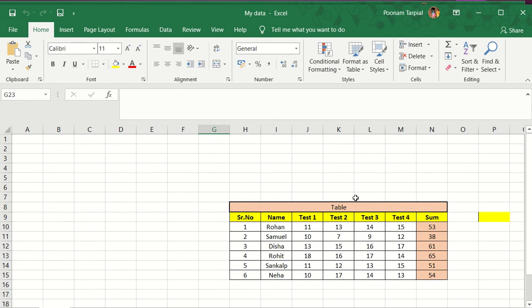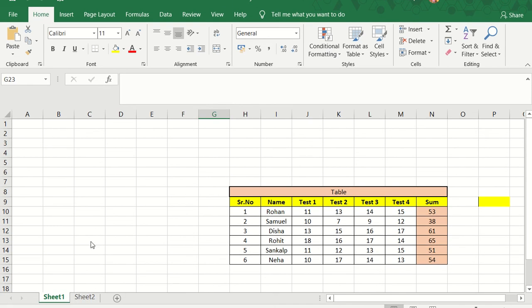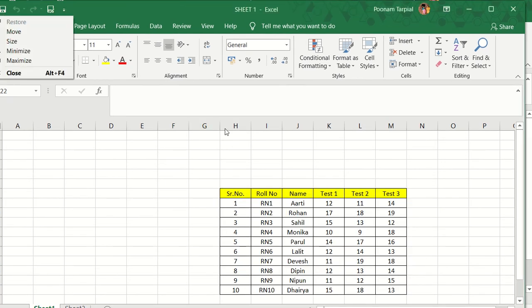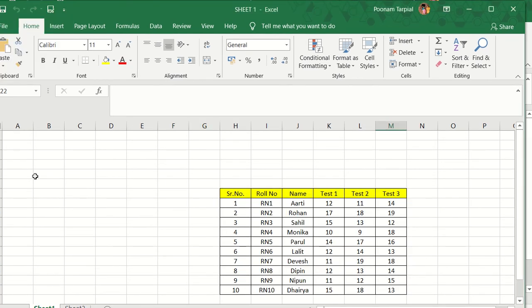Now, whenever we are going to use this option, you need to ensure that both the sheets are open. Only then will we be able to move or copy the sheet from one spreadsheet to the other. So let's say, as I've stated, that this is the My Data second sheet that I've created, and I want this table to move into the first Excel sheet which I've created over here, and that's what I'm going to do.